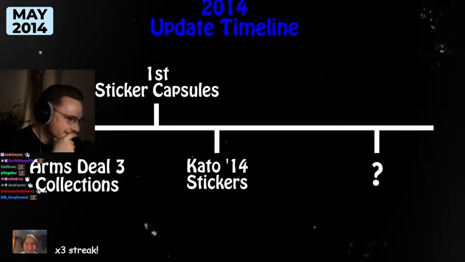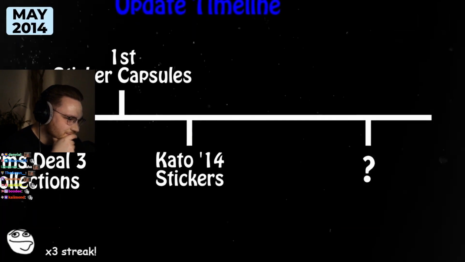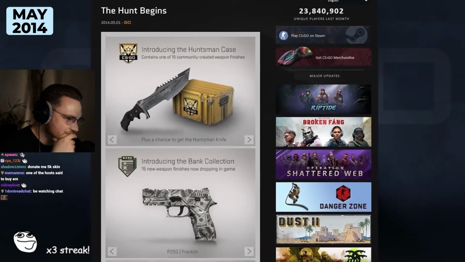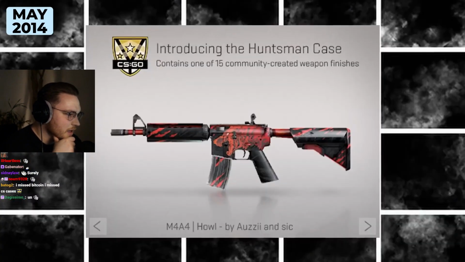Now, Valve made people wait two months for some new skins. That must have been agonizing, but the wait paid off when Valve brought out the Huntsman case containing a brand new knife, the game's first ever penis themed skin, and also a...